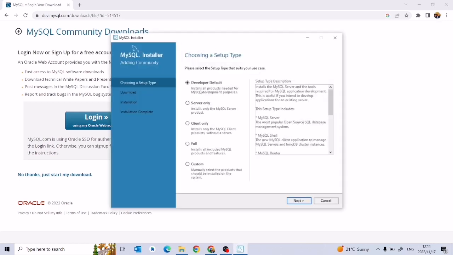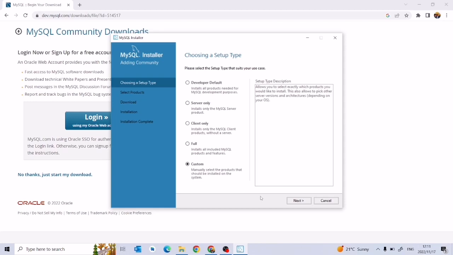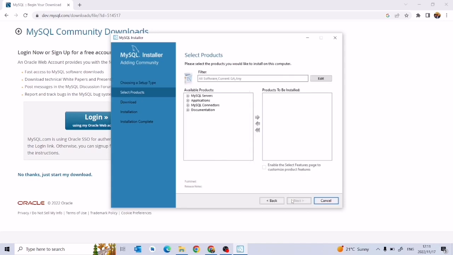And you're gonna get this window here. You're gonna get a couple of options here like server default, server only, client only, full, custom. I want you to go straight to custom because we want to pick exactly what we want to install. We don't want any pre-installed things. So when we click on next, we're gonna see this MySQL server, and I want you to click